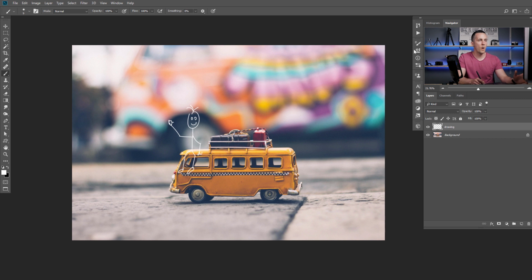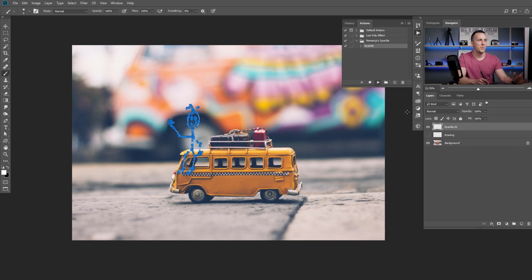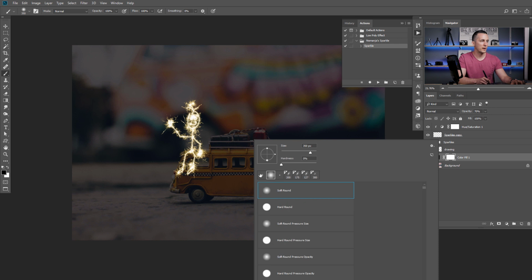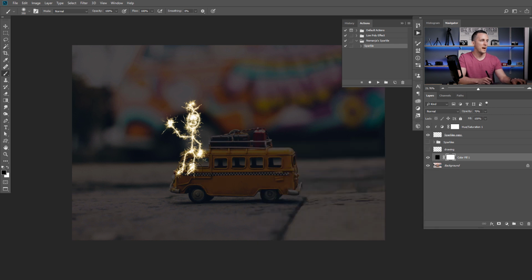And all I need to do is to go to an action, press play, and wait for the action to finish the job, and that's it. Now I can go right here again, use a regular brush and make this brighter, maybe like this, 50%, and just make this brighter. Okay,